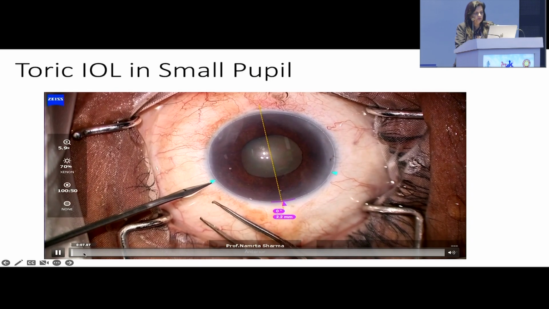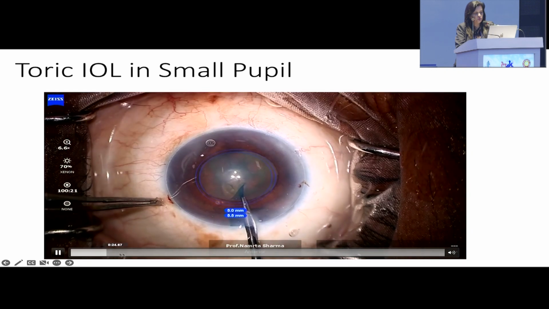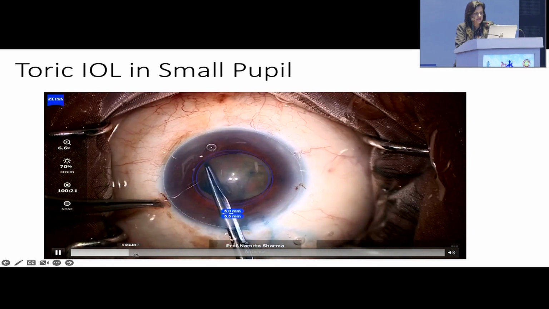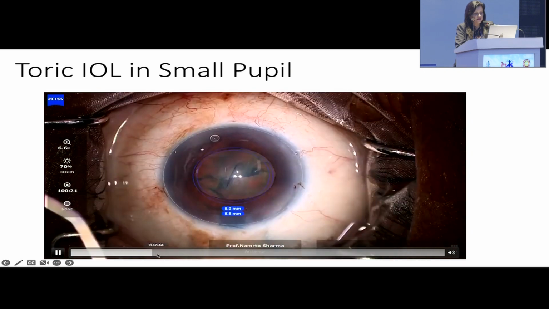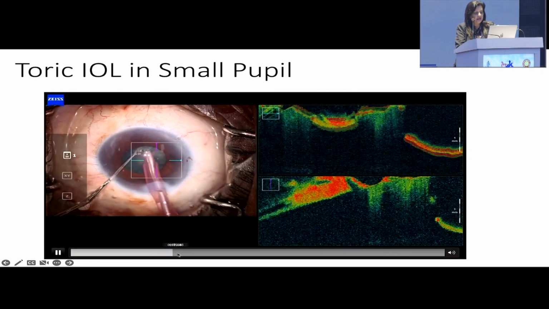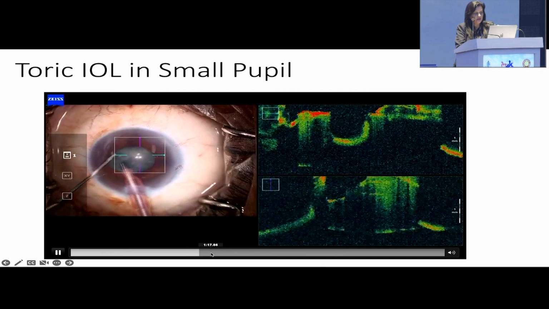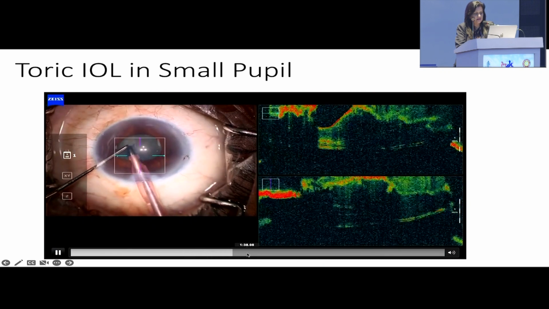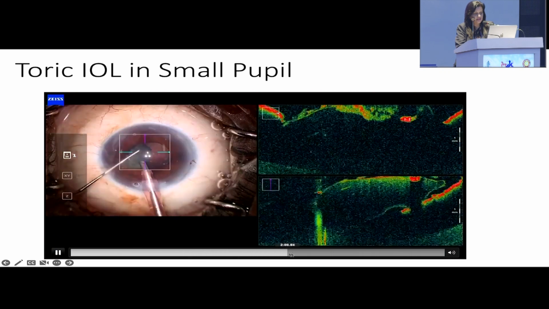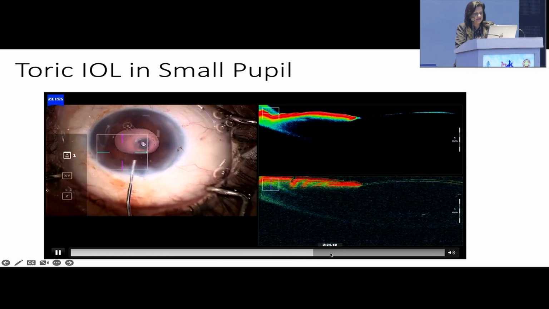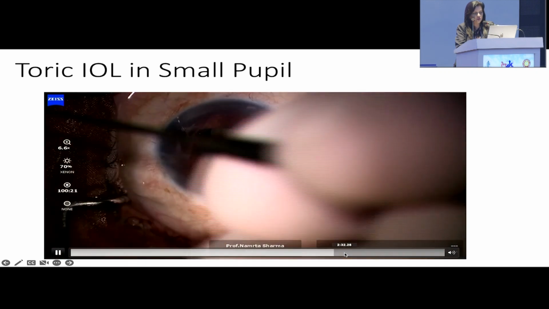Then in small pupil also, it's always a challenge to do a capsulorhexis and to do a toric intraocular lens implantation. Again, one must do a rhexis as much as the pupil allows you, and it should be a circular rhexis. Nuclear emulsification and irrigation aspiration, of course, are being done in this case, and the challenge would be the intraocular lens